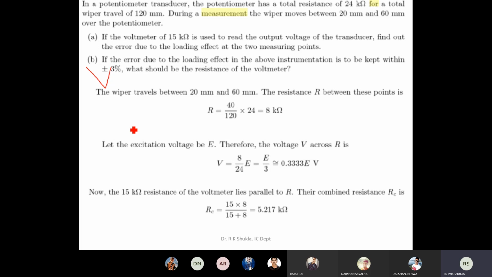But generally, what we have to do is error is fixed. That acceptable error is 5%. Now find out the voltmeter which has certain internal resistance which can only give error up to 5%. That is your job. That is your designing. And આપણે કરવાનું હોય. So that is our second task.